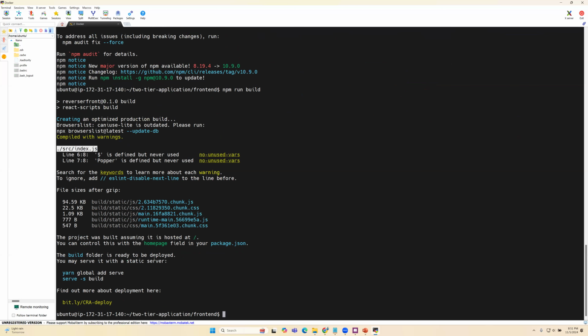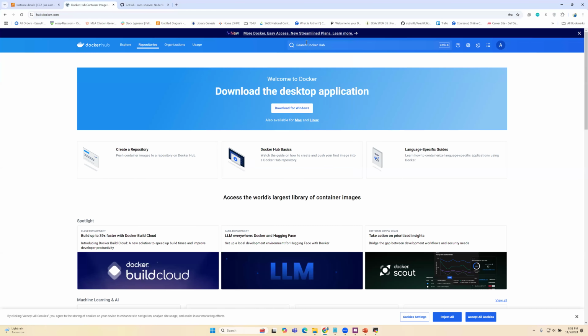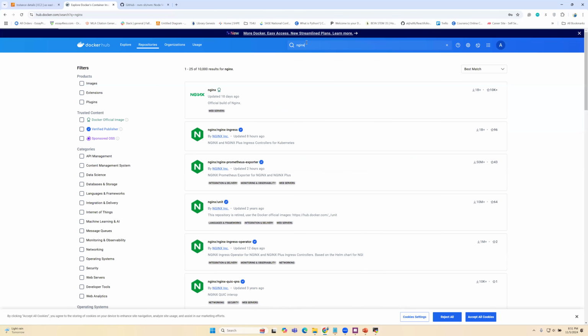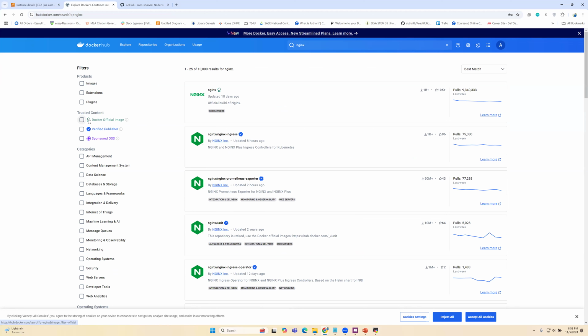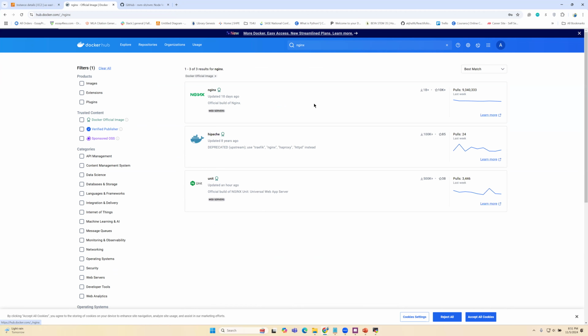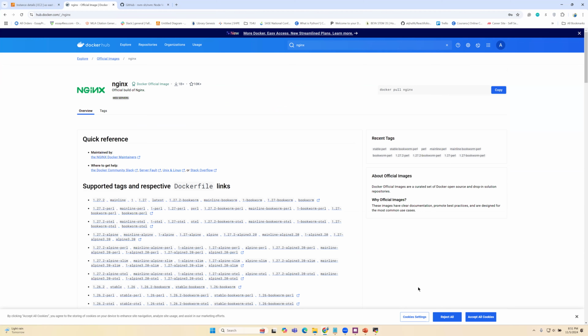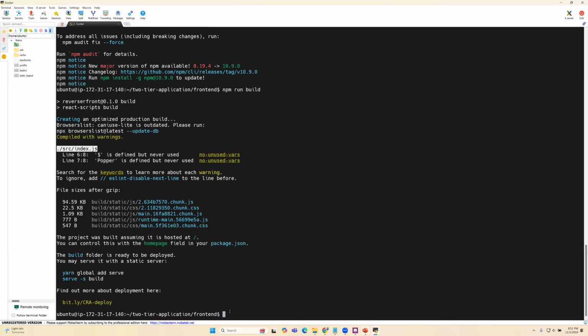Okay, now we need to get the Docker nginx from the Dockerhub. So just go to the Dockerhub, we do nginx, and this is the official. So this one, and we'll just copy the docker pull nginx. Before that, we need to give the super user access to this Docker. So to do that, we do sudo usermod -aG docker